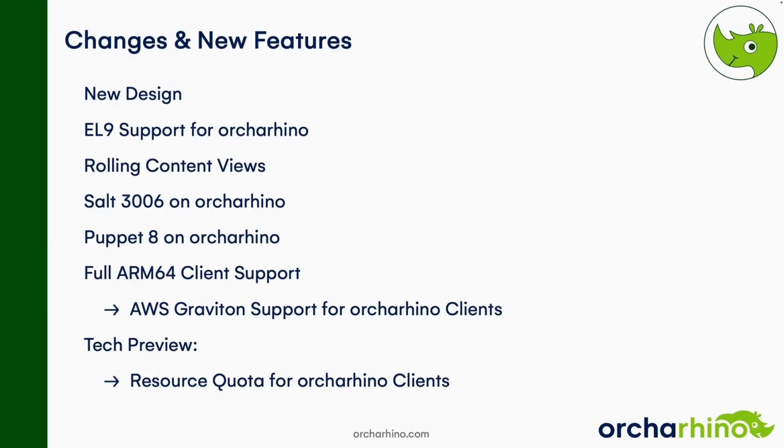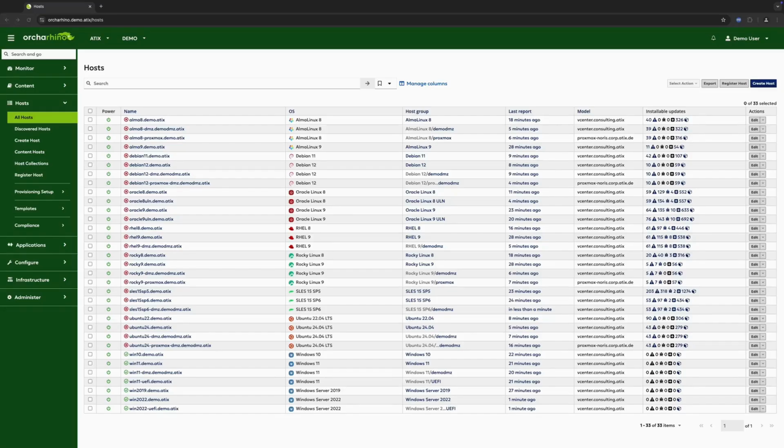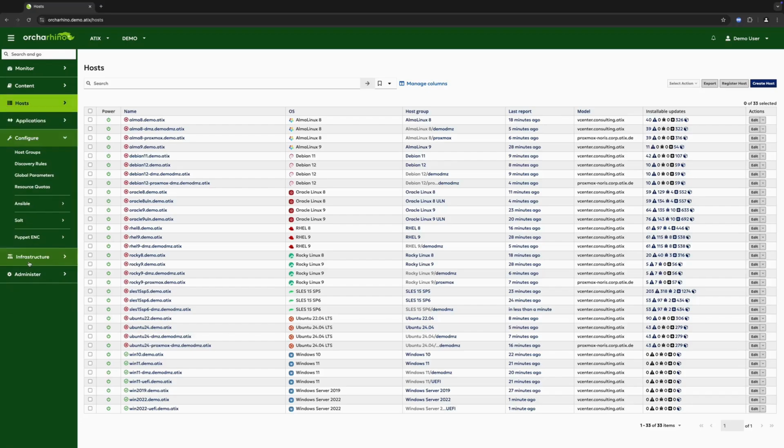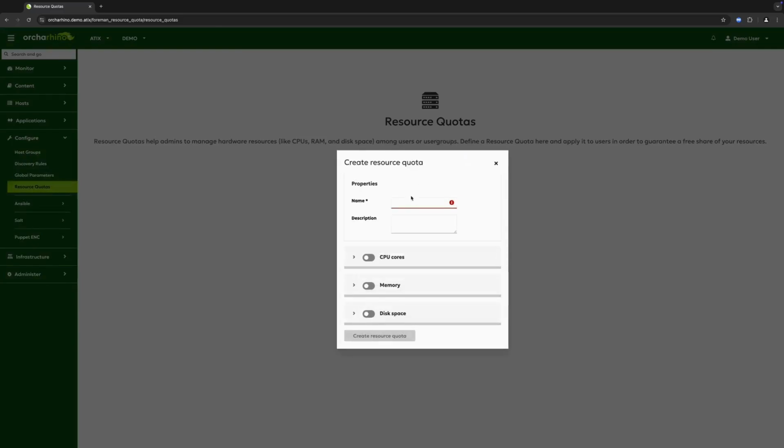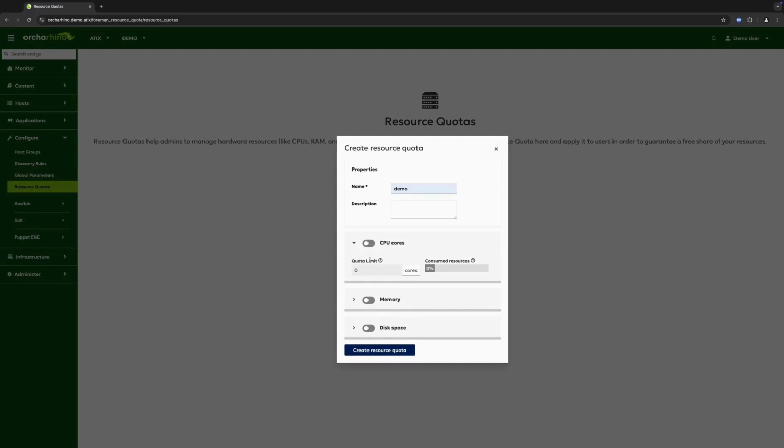But now let's actually have a look at how it looks live in action on orcharhino. Let's create a resource quota and see how it works. So now we are back on our orcharhino on our host page. I go here to Configure and you will see that there is a new tab called Resource Quotas. Here I will now create a new resource quota. Let's call it, for example, demo, and assign CPU cores. For example, let's say 20 CPU cores,